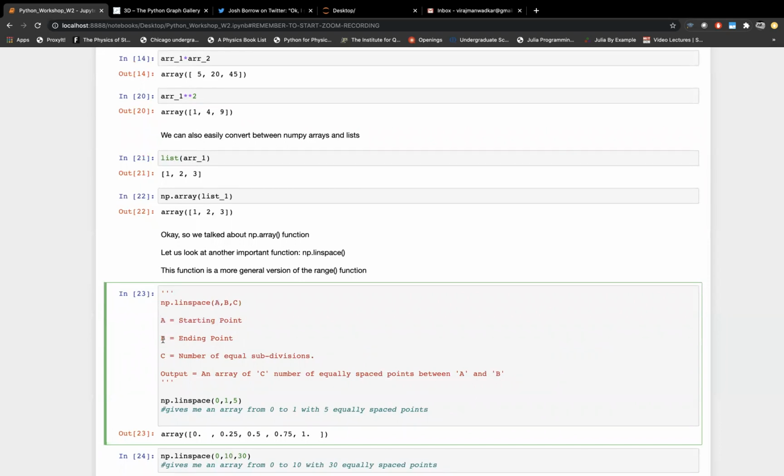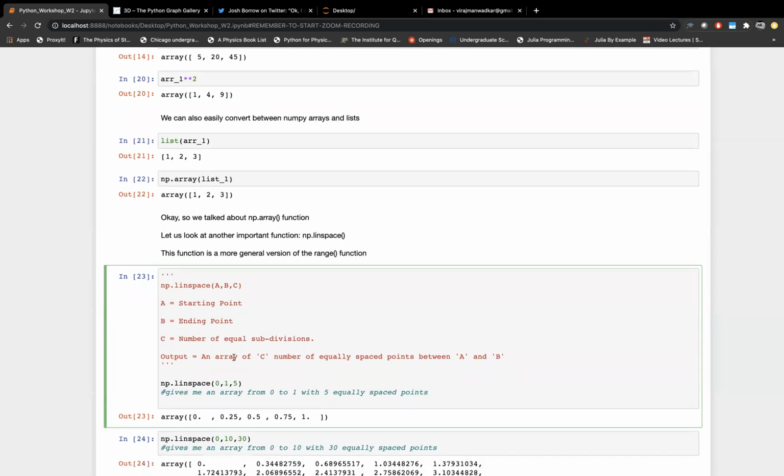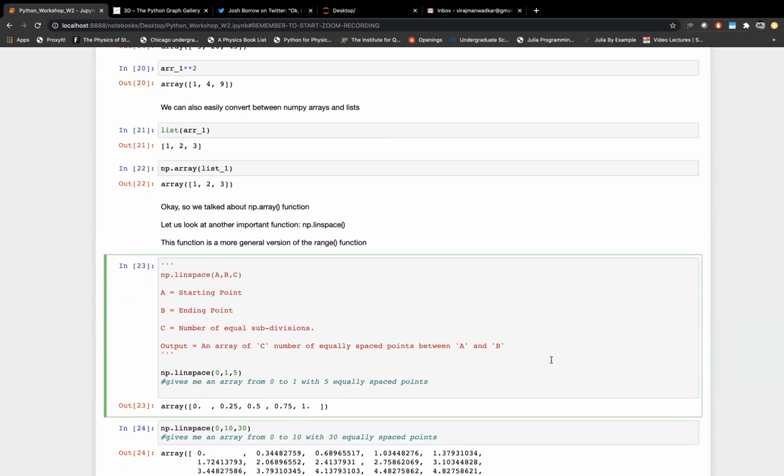The second is the ending point, and the third one is the number of equal subdivisions. So what this is going to output is an array of C equally spaced points between A and B. A more concrete example of this, for instance, is here,